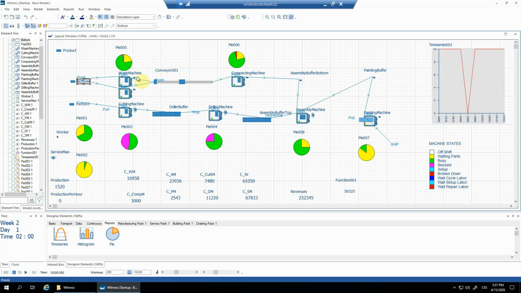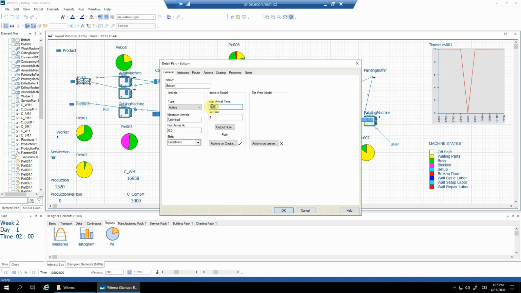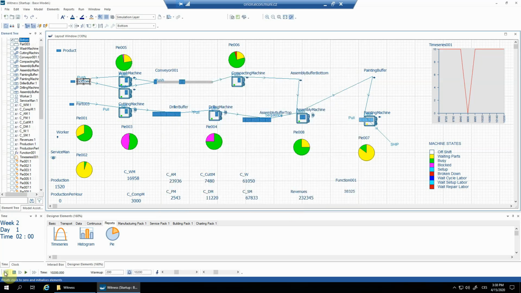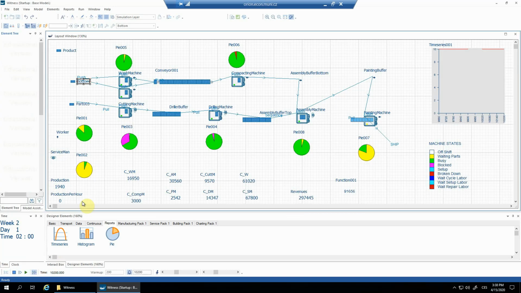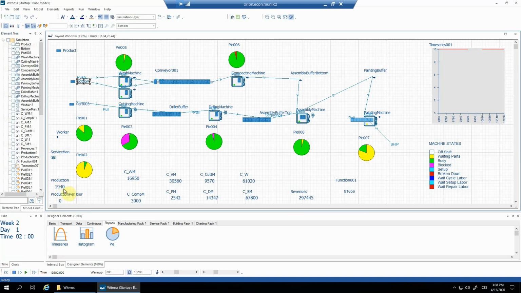And then when the wash machine finishes its cycle, the bottoms are not available and the wash machine has to wait till this interval is over and another batch is coming. So what else could we do? It would be including a buffer on this place so the bottoms do not drop out of the model, or perhaps what could be feasible in reality would be that the inter-arrival time would be faster. So let's try that. I'll confirm with OK, reset the model, do the batch run,